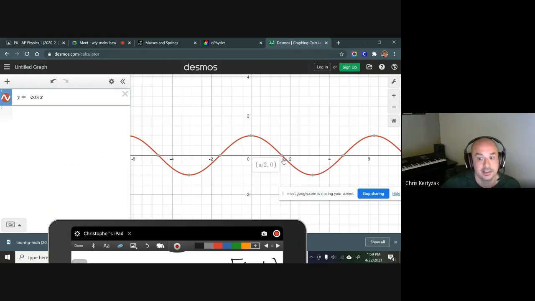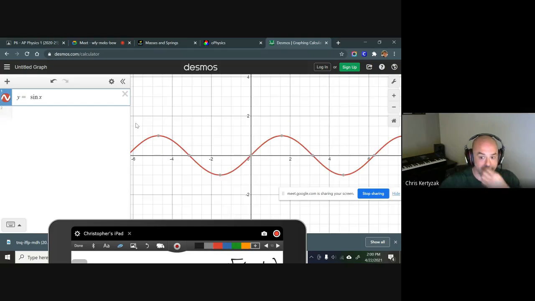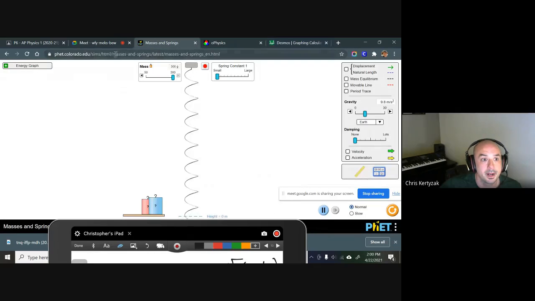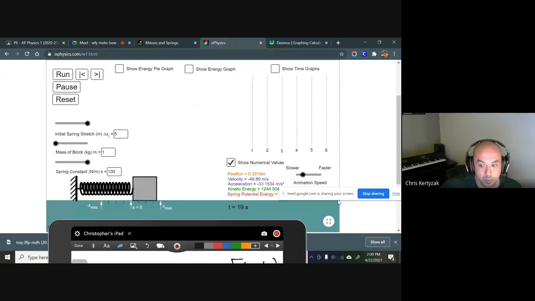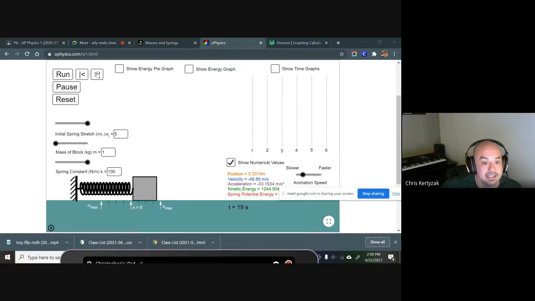One block to the left of the 2, it's 0. See? They're out of phase so nicely, perfectly set up for modeling position and velocity, right? So if this cosine function is the model for position, which it was, assuming that you stretched it out and started timing at the moment you release it when it's at its maximum position, then the sine function will be a perfect match for velocity, because when you start by pulling this thing all the way to the right and then releasing it,